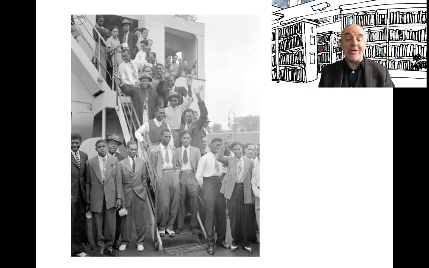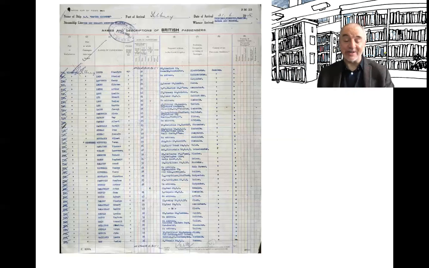Now, some of them might be thinking of making some money and then going back home, and others were thinking of making some money, getting somewhere nice to live, and then inviting their family over. And I've already mentioned to you the video Back in Time for Brixton, which you can find on YouTube, and which is very useful from this point of view. So this was the first large group. So this has become the symbol, and indeed, as you can see, that's the list of the people who were